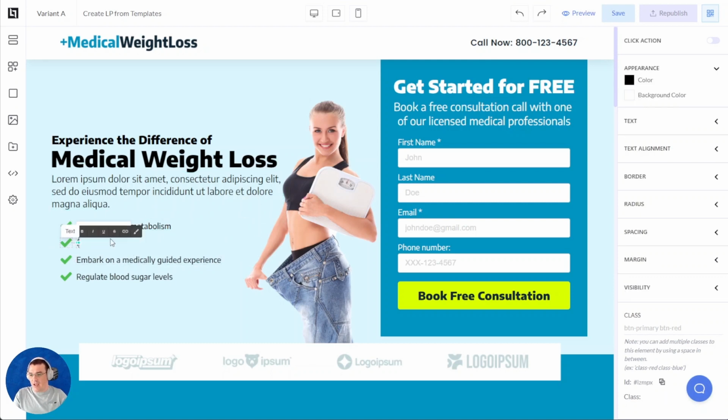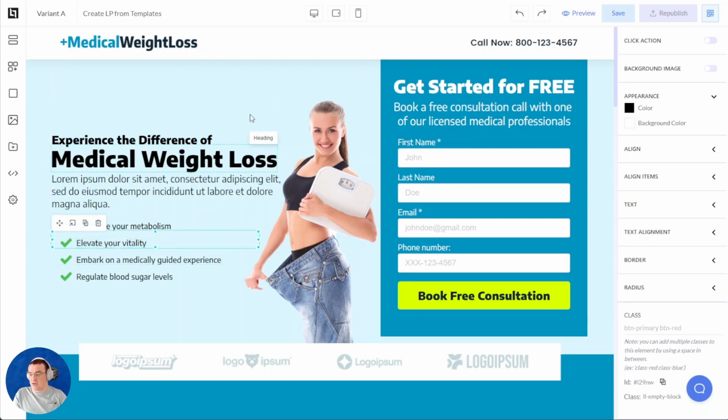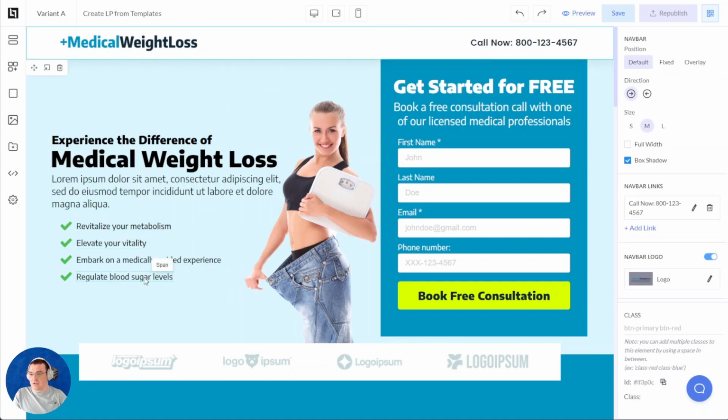If I don't like any of the changes, I can easily undo the action by clicking on undo, or I can click Control Z on my keyboard to undo the action. So the standard shortcuts that we have on any editor, like Control Z, Control F, and so on and so forth, are available on the visual editor. So if you are a power user and you would like to use keyboard shortcuts, you sure have them in